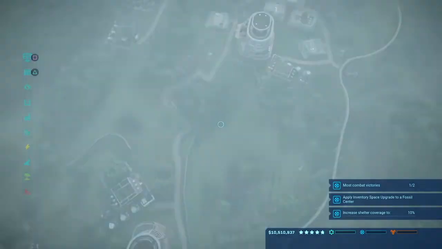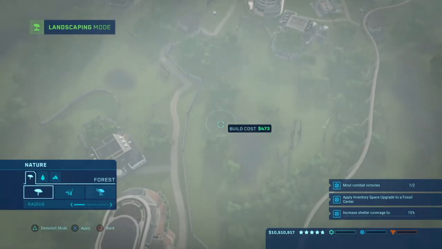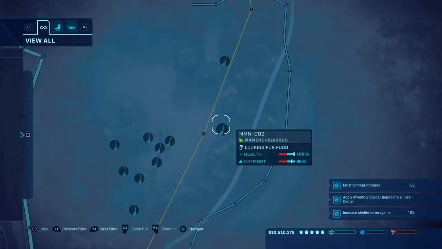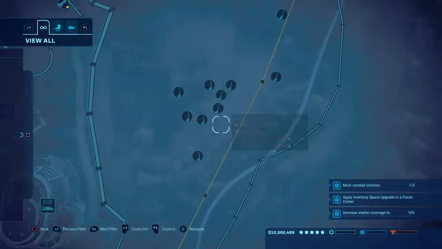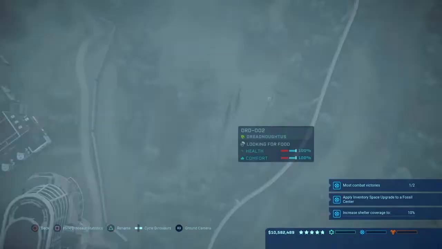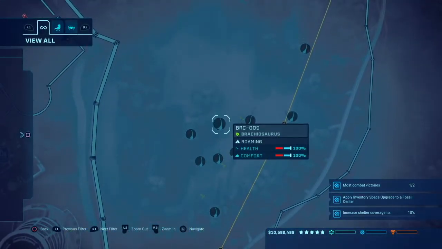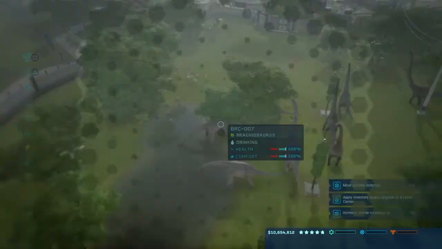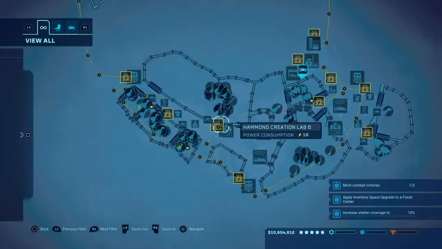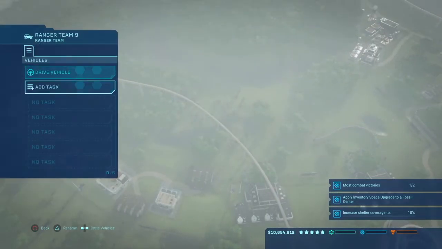build a small little fence around the Creation Lab, because what you're going to do is use this one singular Hammond Creation Lab to be your feeder to multiple enclosures. So you might have 3, 4, even 5 different enclosures that branch off of this one Hammond Creation Lab. So you'll save up a lot of money here. But for the early first part where you're getting that first star, you only need about 2 or 3 enclosures